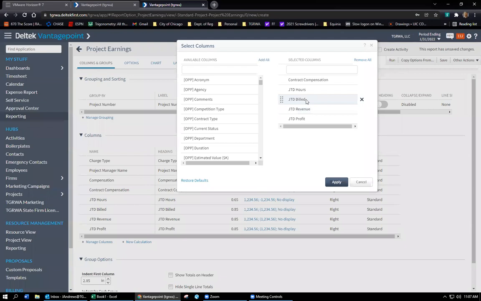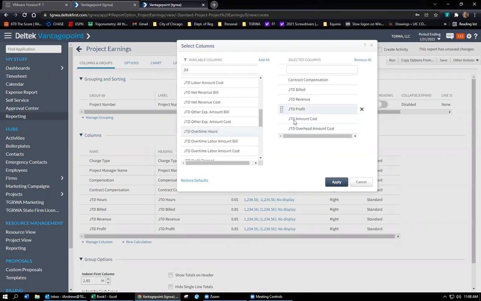So typically you're going to want to look at job to date performance. Job to date hours, you probably don't need to see. Job to date billed, you don't necessarily need to see. You could leave it on there. We'll leave that on there for now to see what shows up. Then I'm going to go over here and I'm going to pick some other job to date things. So type in JTD, amount cost, and then